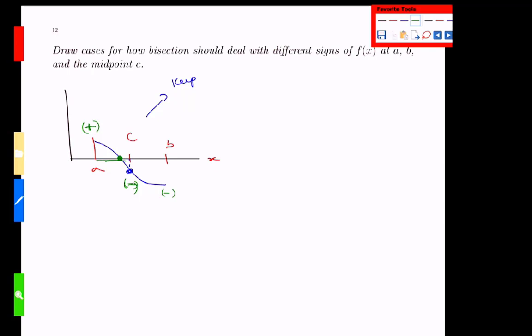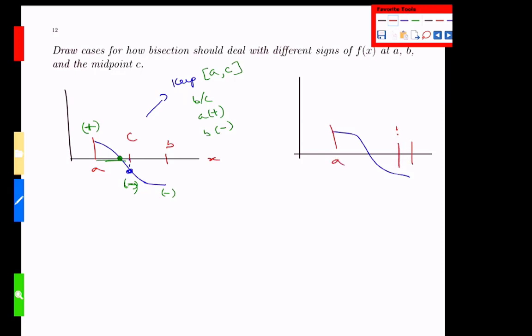So looking for roots makes it really easy to talk about the sign of the function. And am I close on the positive side, close on the negative side? So here we're going to keep AC because A has a positive value and B has a negative value. And there's not that many cases here because the other option would be that it goes like this. We've got A, and let's put B here, and put C in the middle here. I'll have positive, positive, and then negative. Here we're going to keep the CB part